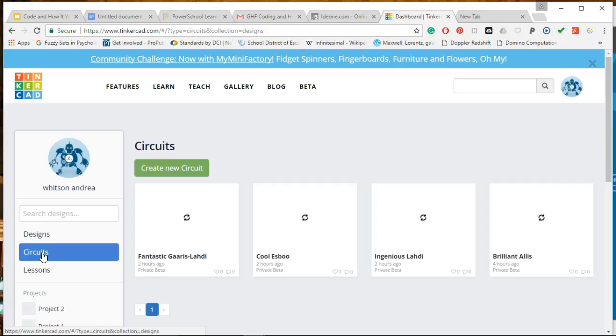It names everything for you and saves it, which is really nice, after a while. But the thing they need to be able to do is when they hit circuits and everything is confirmed, this green button that says create a new circuit should show up. What create a new circuit is going to let them do